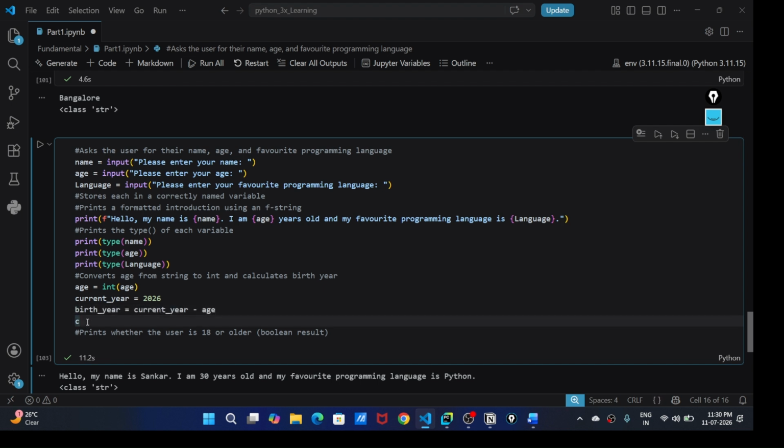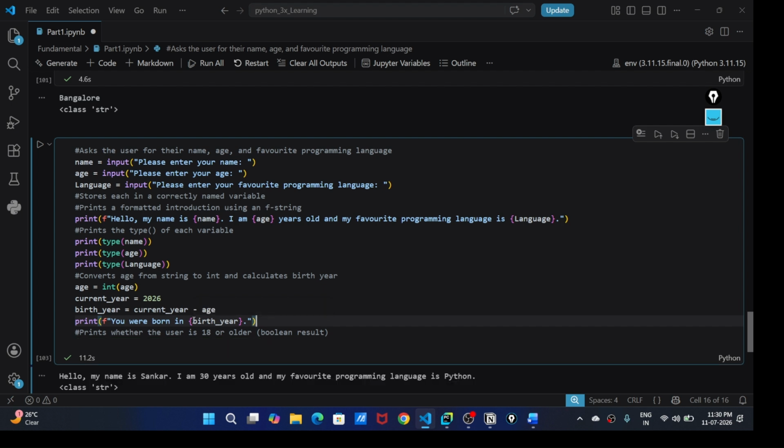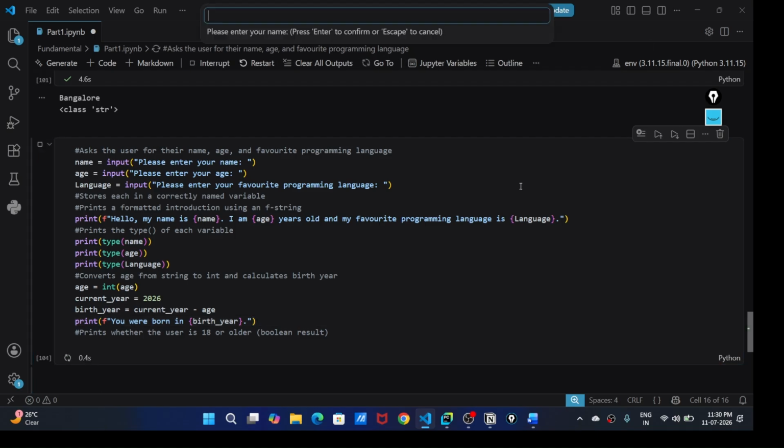We have to check whether the user is 18 years or not, right? So birth year is current year minus age. Let's print the birth year. So what is the birth year? The age should be 18 or more than 18. Let's execute once again here.